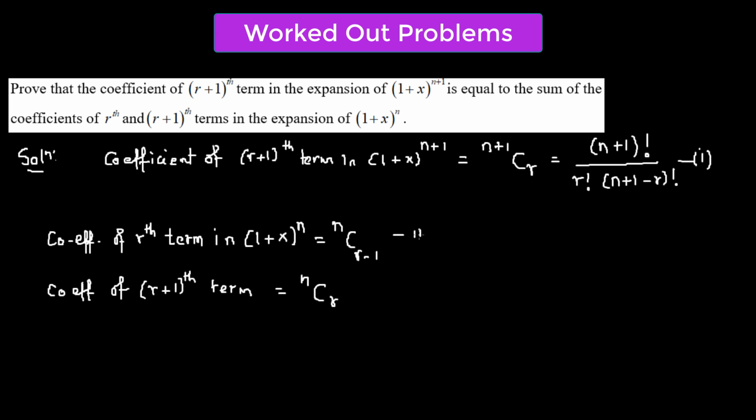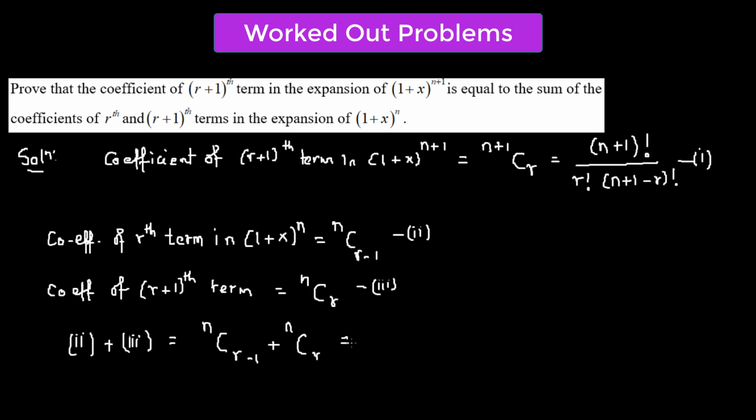Now let's name this as equation number 2 and the second one as equation number 3. Now we add 2 and 3 together. So 2 plus 3 gives us nC(r-1) plus